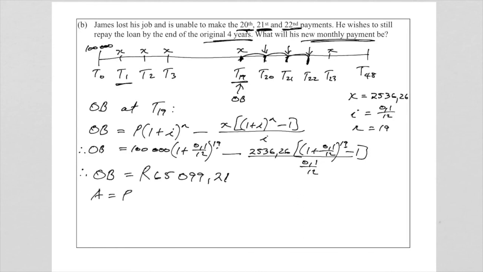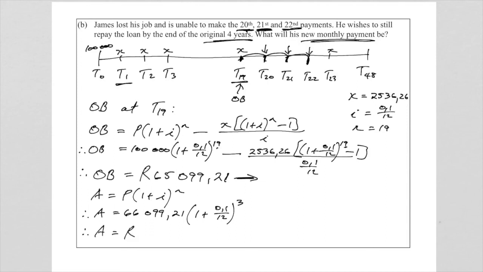So we say A is equal to P, 1 plus i to the n, and we substitute. This P is, of course, this amount that we just calculated, because that is the loan right at T19, that was the outstanding balance. And we're going to add interest to this, and the interest rate is still the same, and we're going to do it for 3 months. Now, my answer for this question here is